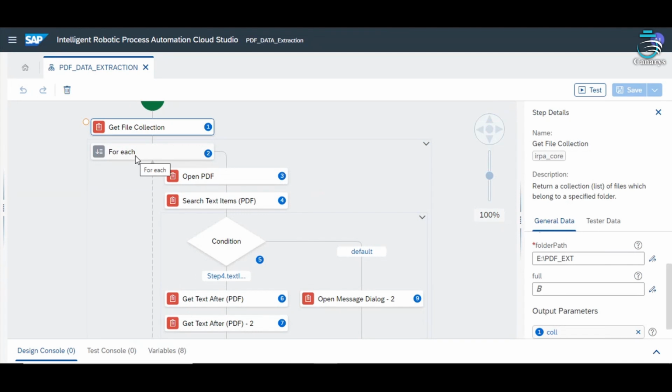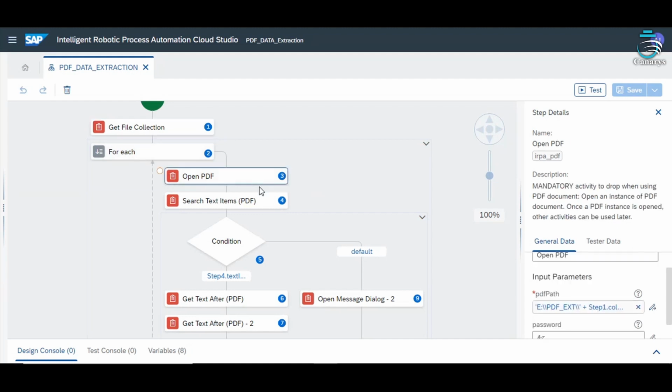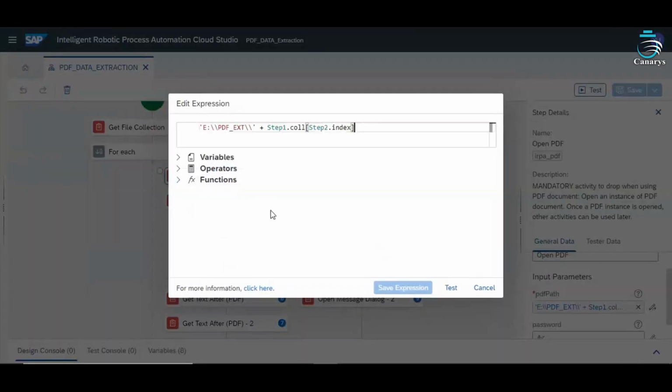Then for each loop is used to loop around all the files inside the file collection output. Then inside the for each loop I have open PDF. The open PDF is used to open a single PDF at a time. Here I have given an expression saying that inside that folder, open the PDF one at a time in the for each loop.